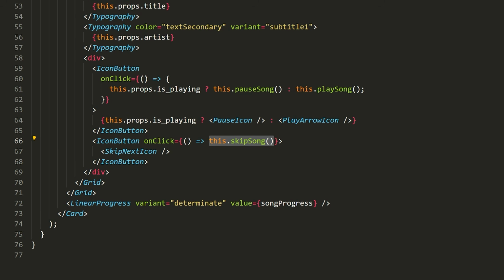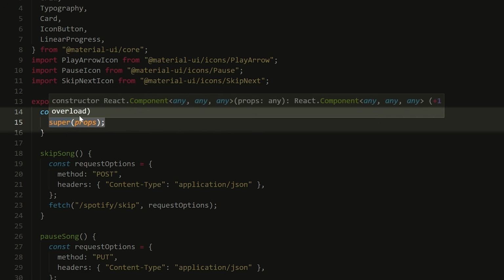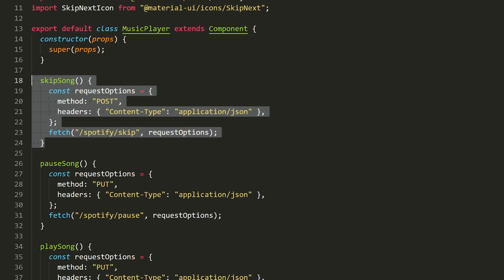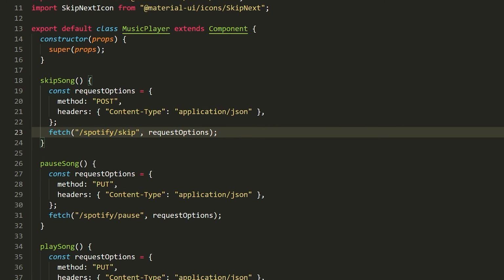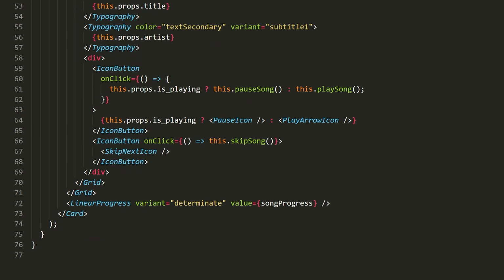So if we didn't use the arrow function here, then what we would have to do, if we just put onClick equal to this.skipSong without the parentheses, is go up here and bind it inside of the constructor, as we've seen many times, because it's not going to have access to the this keyword. Although now that I'm thinking about it, it doesn't really matter because this doesn't even use the this keyword. So I guess irrelevant, you can ignore that. But the moral of the story is that if you use an arrow function, any function that you call will automatically have access to the this keyword. So that's just something to keep in mind.